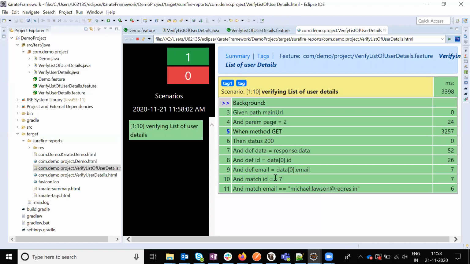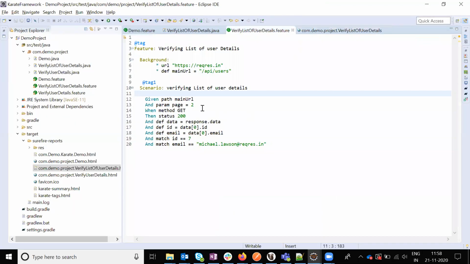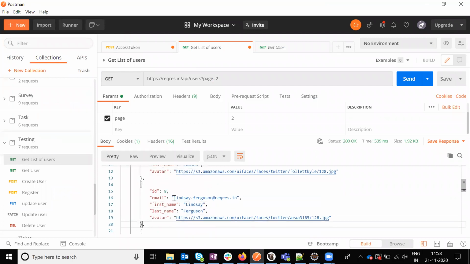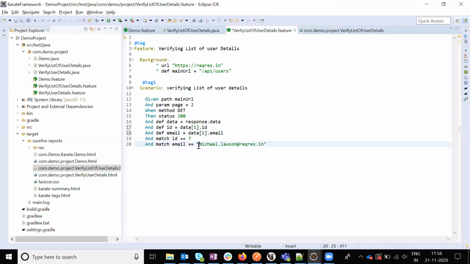But if you want to verify the second position of the value, then we just need to change the position here, and the ID. What is the second position? 8, and the email ID is this one. We can verify n number of things also.